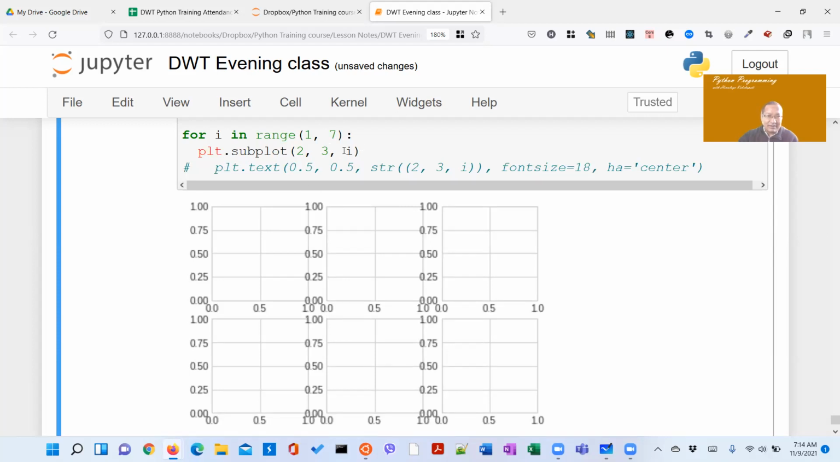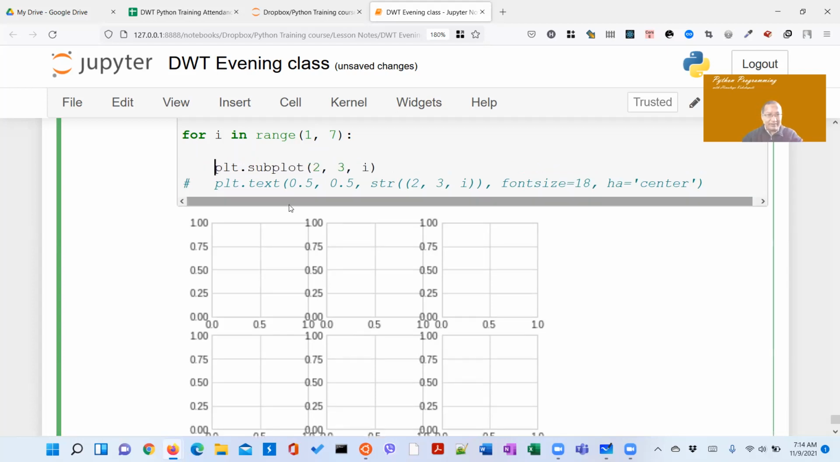And this is the first iteration, right? 2 by 3, and the index starts from 1, not 0. So when you plot it, I can show you this way rather,